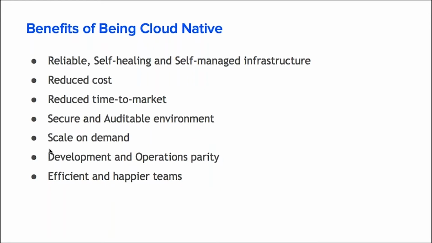What are the benefits of being cloud native? The first and foremost is you get a self-managed infrastructure. You could just trigger a script which would deploy Kubernetes, destroy it. You get reduced cost because we could auto scale the environment on demand. For example, today you're getting 10K requests for your front end for the application. Now, because of some advertisement or whatever, you now get 100K requests for the same application. So you don't need to provision all of your containers or the VMs in advance. With cloud native, you could scale the environment on the fly as the requirement comes up.